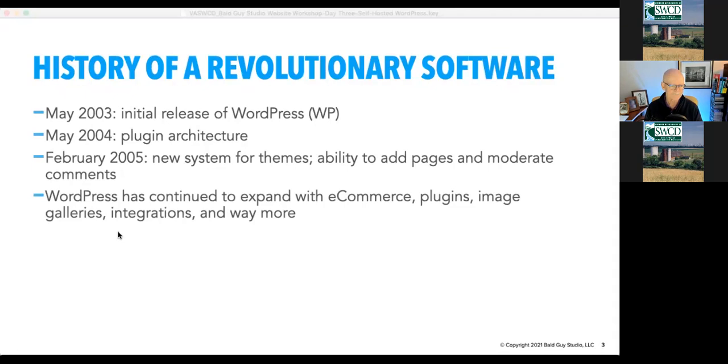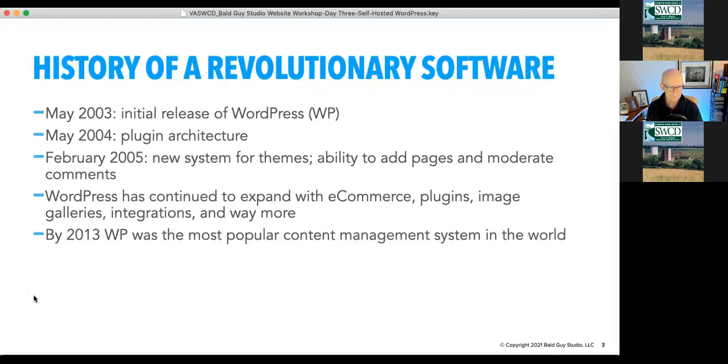Image galleries are commonplace. Third-party integrations with pay gateways and that kind of thing are prevalent, and there's just much, much more. By 2013, WordPress had become the most popular content management system in the world. And I find that kind of startling when you think about it, because 2013 seems like a fairly long time ago, but on the other hand, it